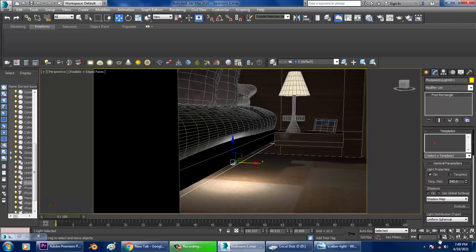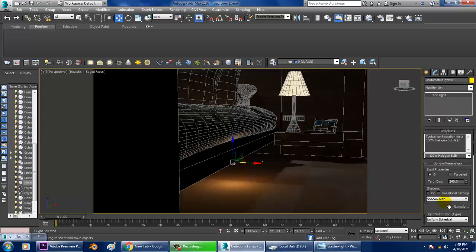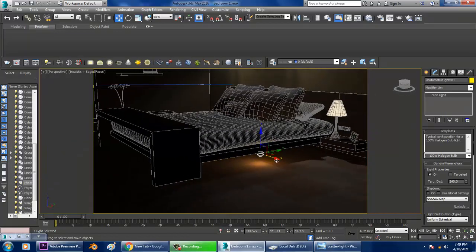You do have some presets over here. You can take some templates, whatever way you want. If you look at it, that particular light will be visible in that particular area. So we can use this.